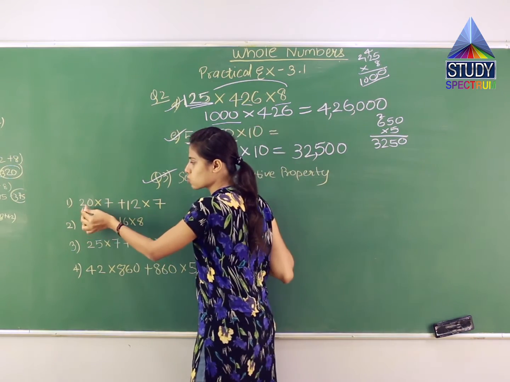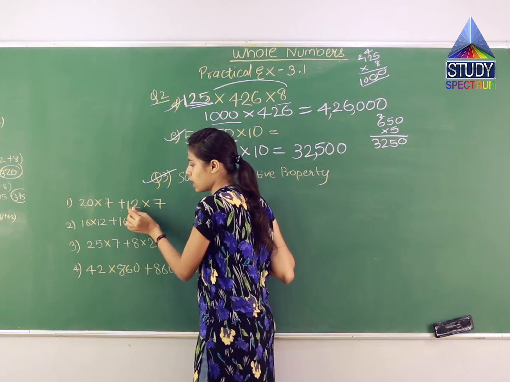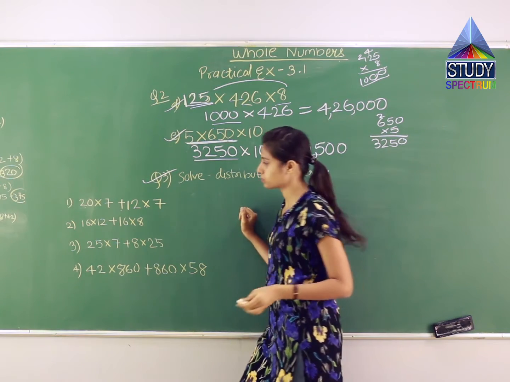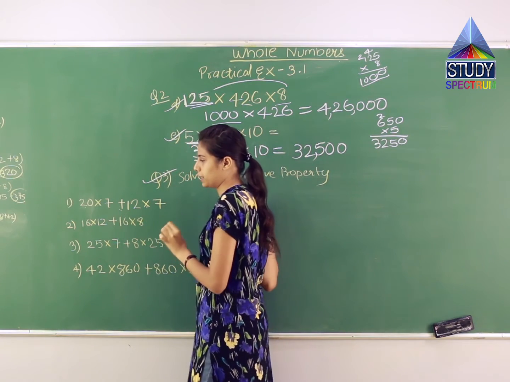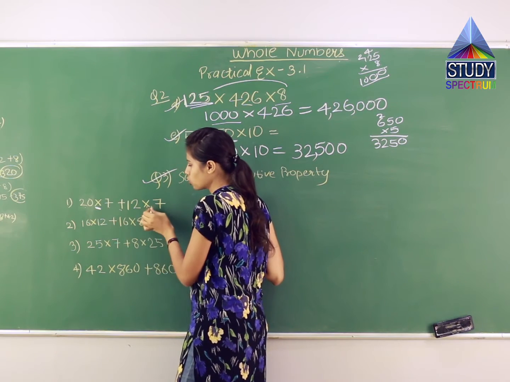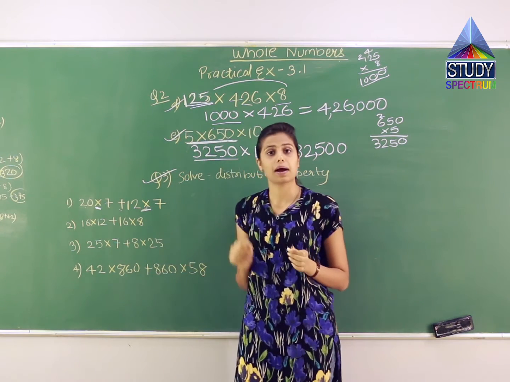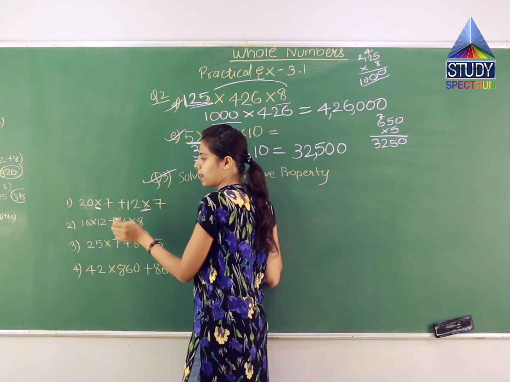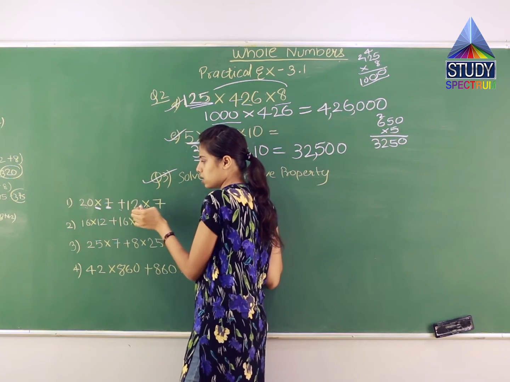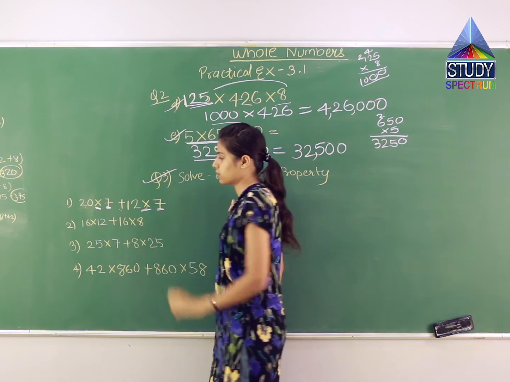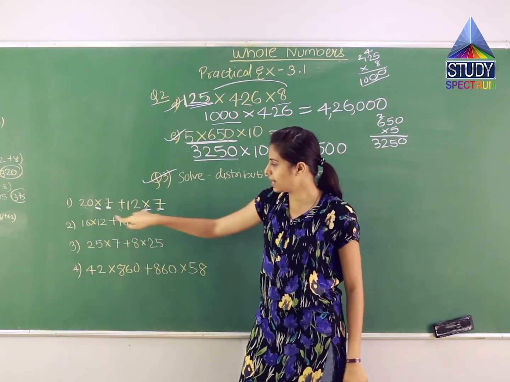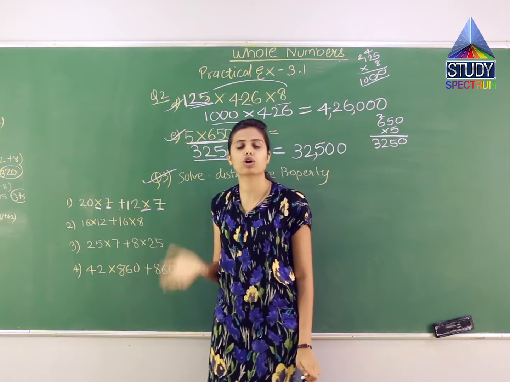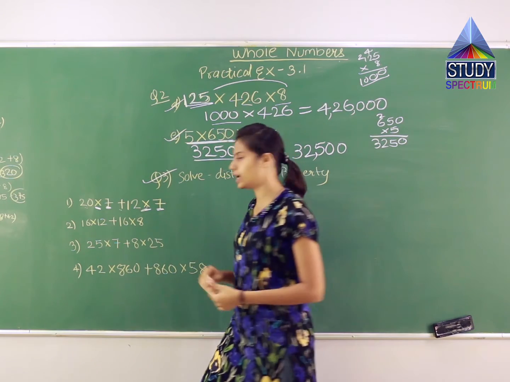Tell me over here in this question, 20 multiplied by 7 plus 12 multiplied by 7. Which two signs and numbers are repeating? Here the plus is only once so it is not repeating. Multiplication is once, twice. Which sign is repeating? Multiplication sign is repeating. Then which number is repeating? 20 is once, 7 came once here, 12 is only once and this 7. Can you see? Multiplication sign and 7 is repeating. So what is repeating I will write outside the bracket and what is not repeating inside the bracket. So let us write.